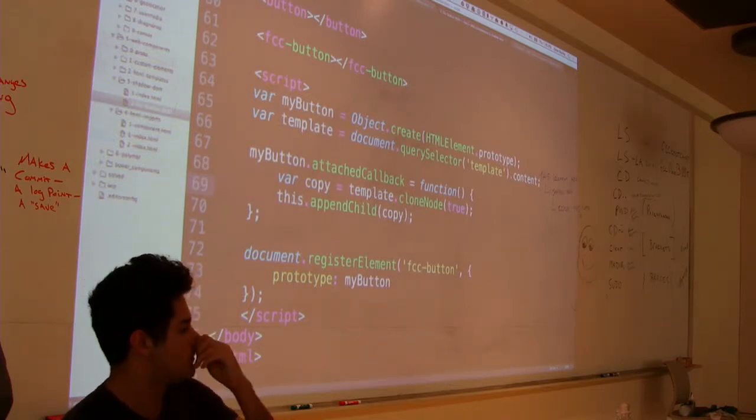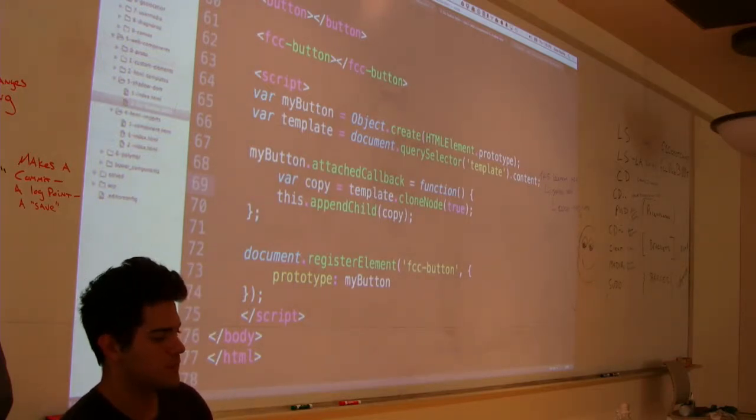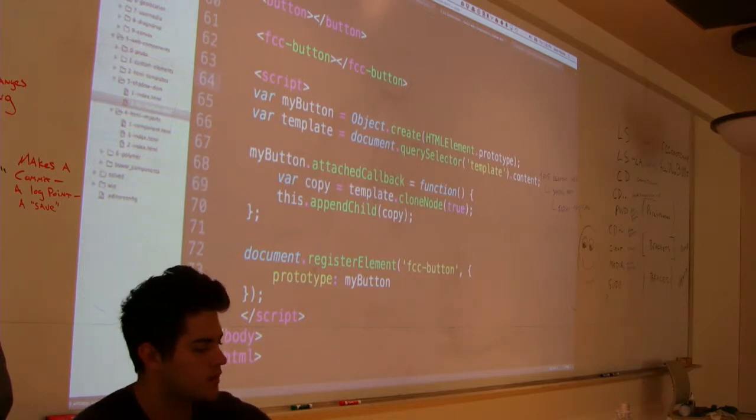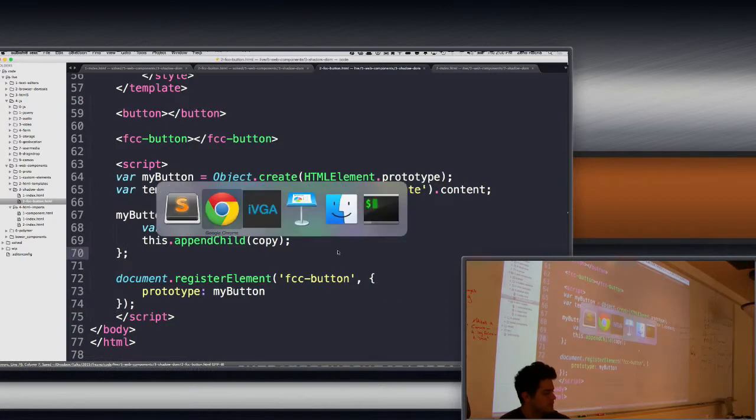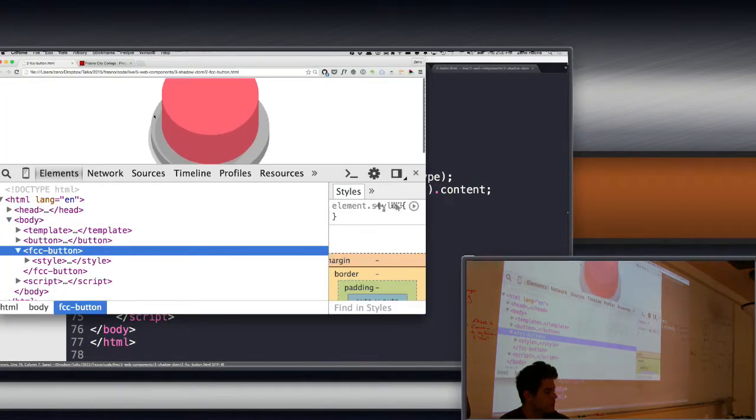Where you registered that, you did prototype my button down at the bottom, document.registerElement. Like this. No, yeah, down there. I could do like this, but then I had to change this and have prototype. Oh, because usually, okay, I got it now. Because we're doing element before they got it. Let's check this out. Cool. So now I have